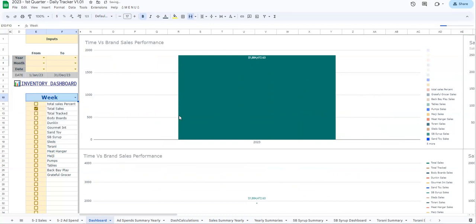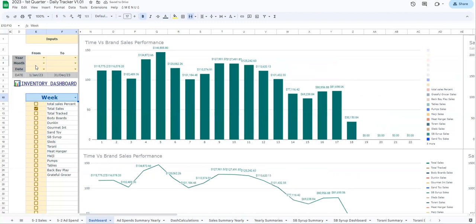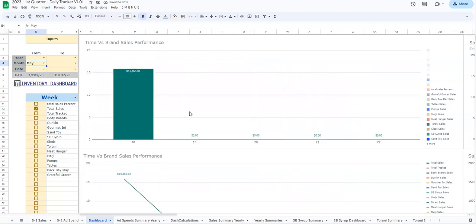For weekly data, again, we haven't selected any of the weeks, so it's showing all the weeks available. But if you want to see the last 4 weeks, maybe, you can always select from May. So we have the last 4 weeks for the month of May. This is the running month. If we select April,